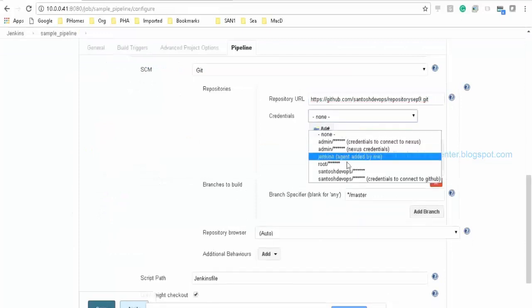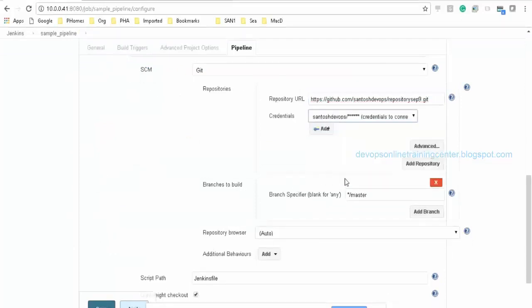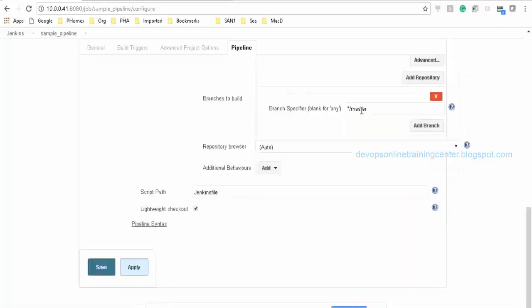Give the credentials. Okay, and here I can specify which branch I want to build. If I give */master, it will build the master. If I give develop, it will build the develop branch, right? So this is specific to a branch.